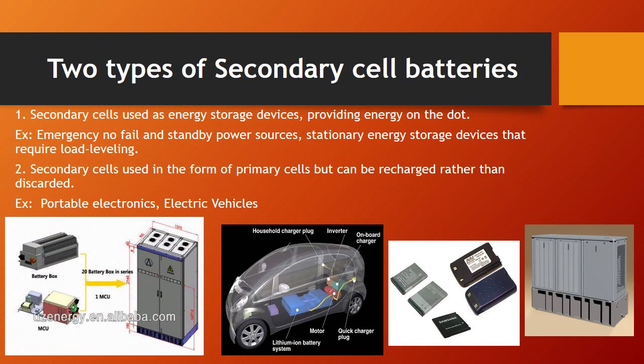Secondary cell batteries fall into two categories based on their intended use. One category of secondary cells is used as energy storage devices, providing energy on the dot. These cells are fully charged by being connected to a primary power source, which fulfills its duty to provide immediate energy. Some examples that use this category of secondary cells include the emergency no-fail and standby power sources and